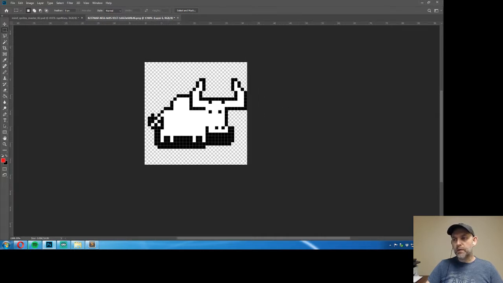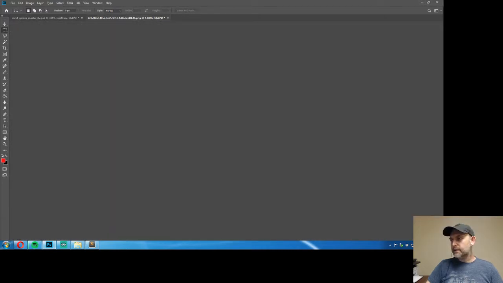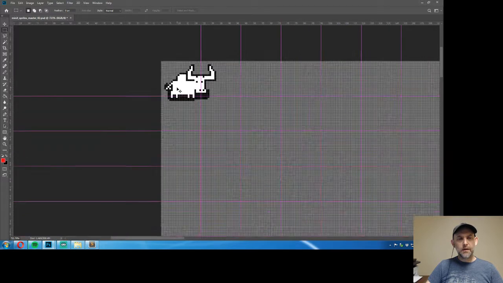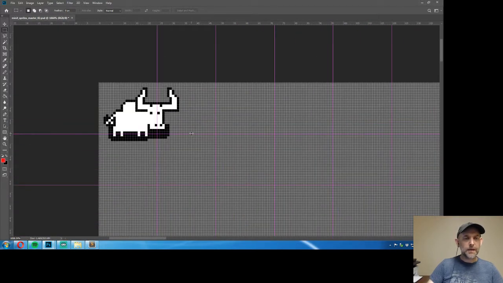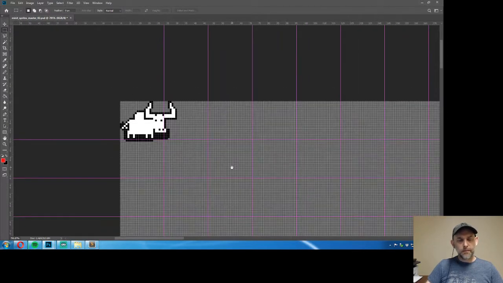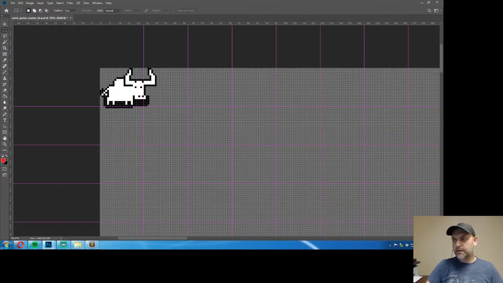And this is my bull that I've just pulled across. And you can see that he's wagging his tail. So what I do is I then take this multi-layered image and pull it into my master document that has everything laid out. And he is going to be arranged